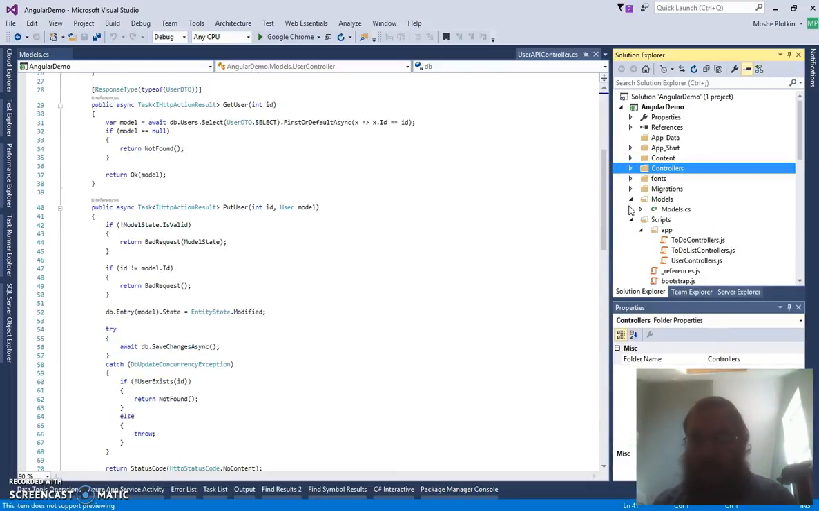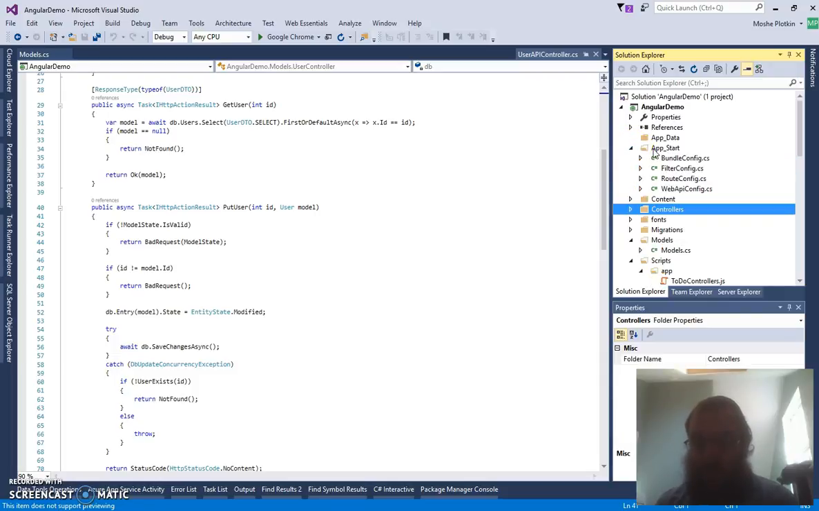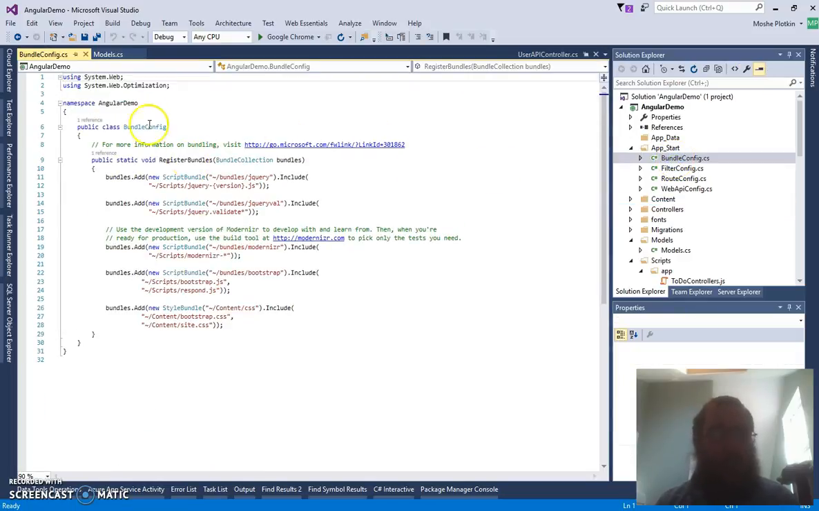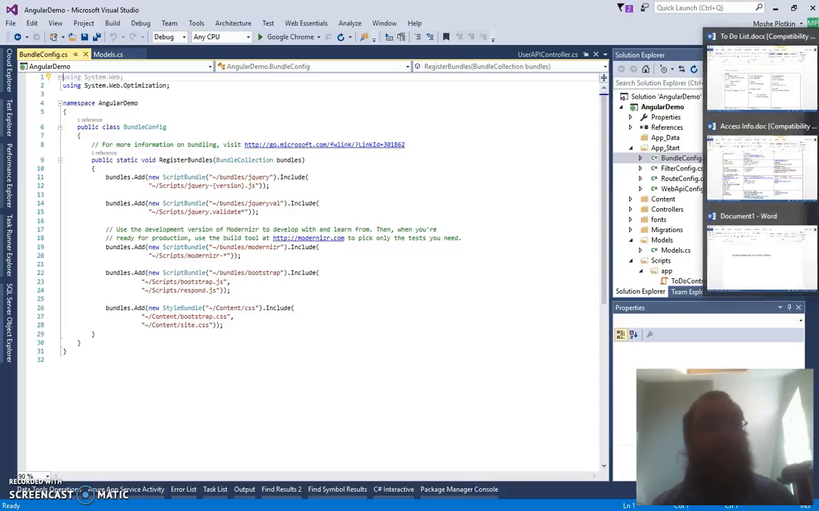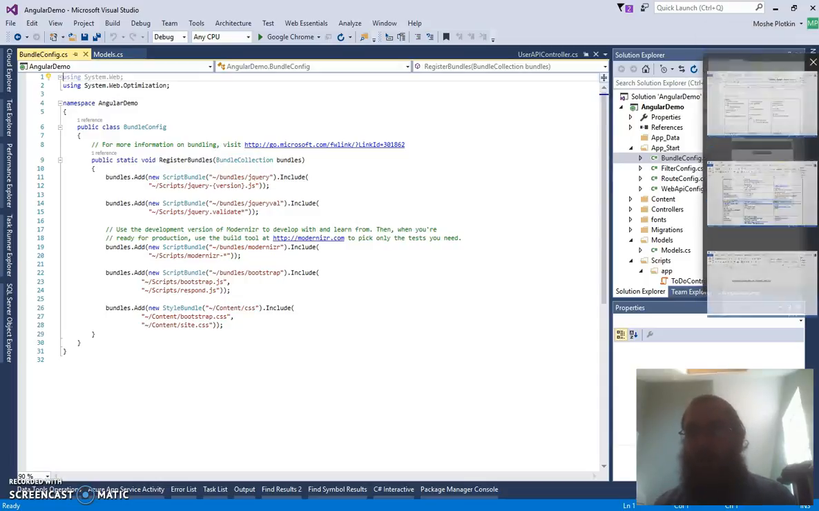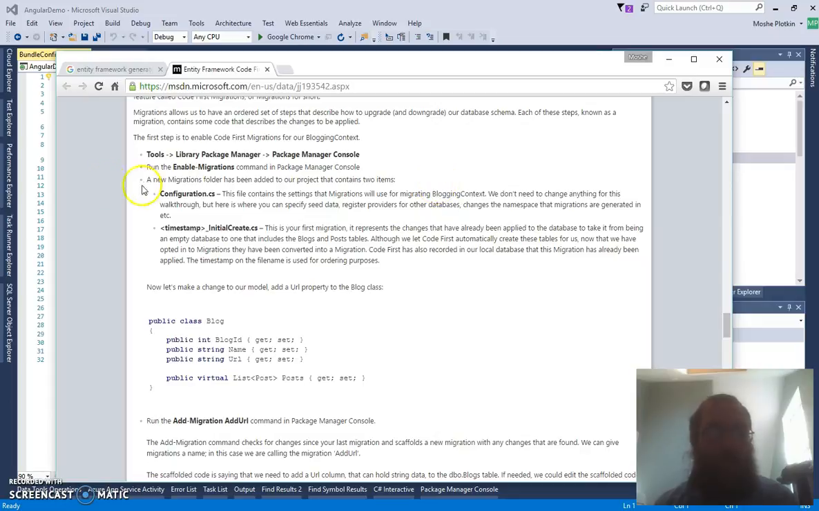And the only step we have now left to do is we need to build our bundle, right? We have to add our bundle to the bundle config. In bundle config, it gives us all the different bundles that the system is going to make available for us. And so what we need to do is